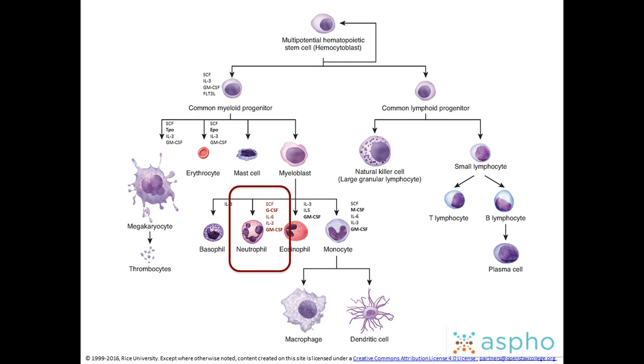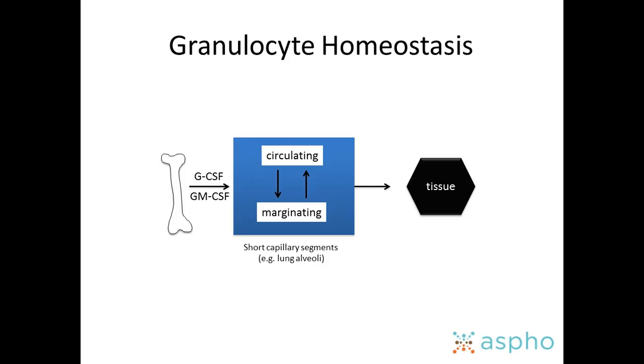So one of the things that ABP asks is to know basically this whole chart, which I think is absurd. But sorry, I'll go back one. As far as the growth factors associated with specific cells, whether it's megakaryocytes with thrombopoietin or erythrocytes with EPO, I would just really focus on what's different compared to everything else, because everybody needs SCF. IL-3 is more or less generic for the myeloid lineage. So really focus on what's different. And I think for neutrophils, what to focus on is G-CSF and GM-CSF. And we kind of know that from our practice.